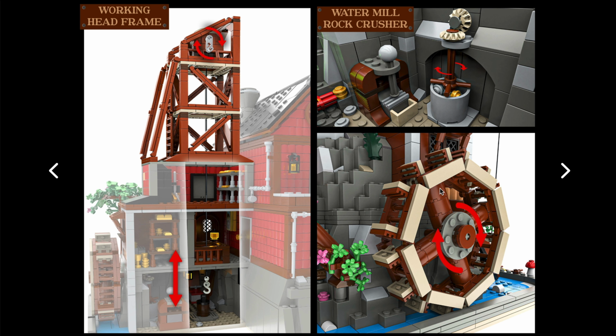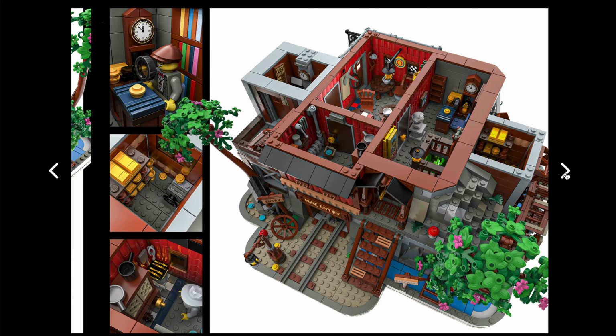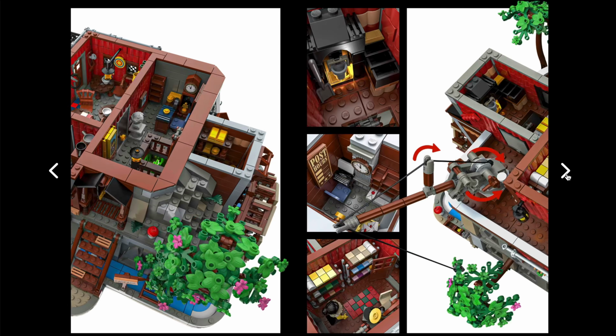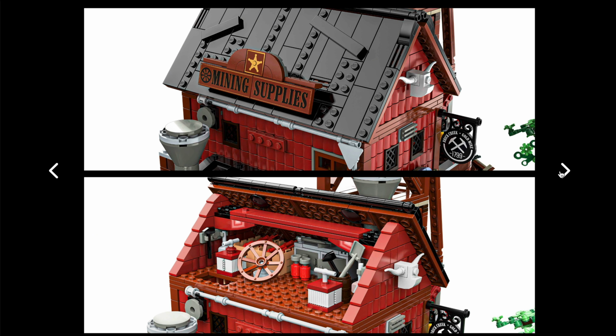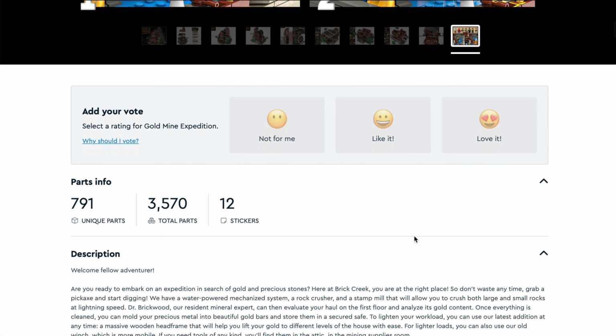Not only does it look super cool, it's got the fun interactivity, there's loads of space, and within every layer there's just a different story going on. I love the core concept that's going on here. It's such a clever way of being able to introduce all different characters in different scenarios in one building. There's so few sets that actually manage to do that. They just stand out a mile to me when I do see them, and I think this is a fantastic